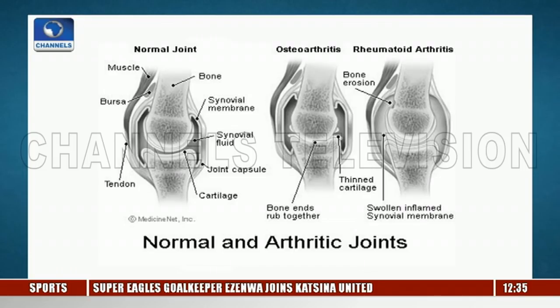So you have bone against bone, but in between them you have that little cushion, which is called a cartilage. Then you also have this capsule, and the tendon around it. Then you also have the capsule within which you have the fluid, which acts like a lubricator to the joints. Because if you don't have the cartilage and the synovial fluid, which is the lubricant, every time we moved, we would feel bone rub against bone.